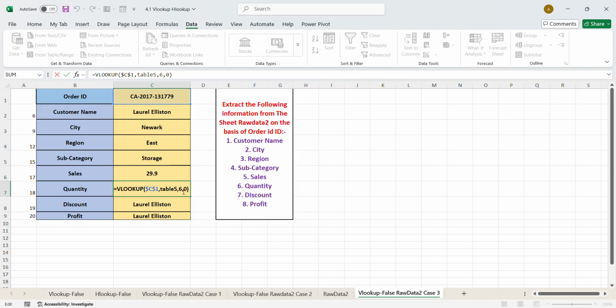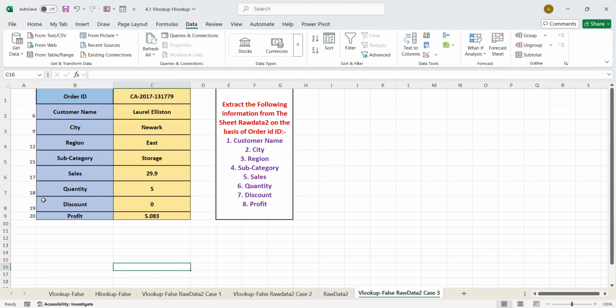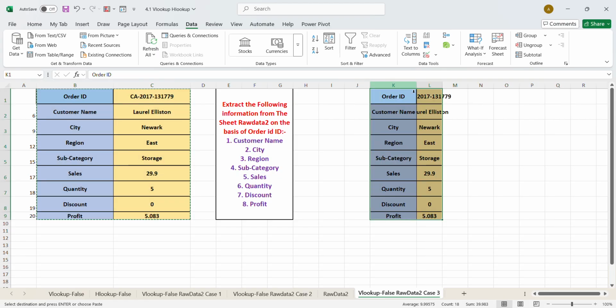For this it is 17. For this it is 18. For this it is 19. And for this it is 20. So one way is this. Now let's say I am given a customer ID. I'm copying this and writing over here, Control V,